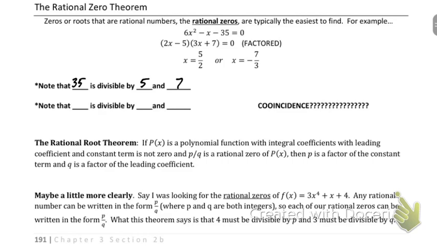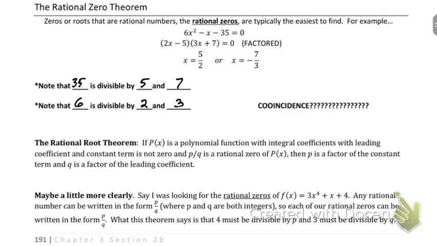Our leading coefficient is 6. That is divisible by 2 and 3. What the rational root theorem says: if p of x is a polynomial function with integral coefficients and the constant term is not 0, and p divided by q is a rational 0 of p of x, then p is a factor of the constant term and q is a factor of the leading coefficient. Nailed it. All right, what that means, in short, is if your 0 is rational,